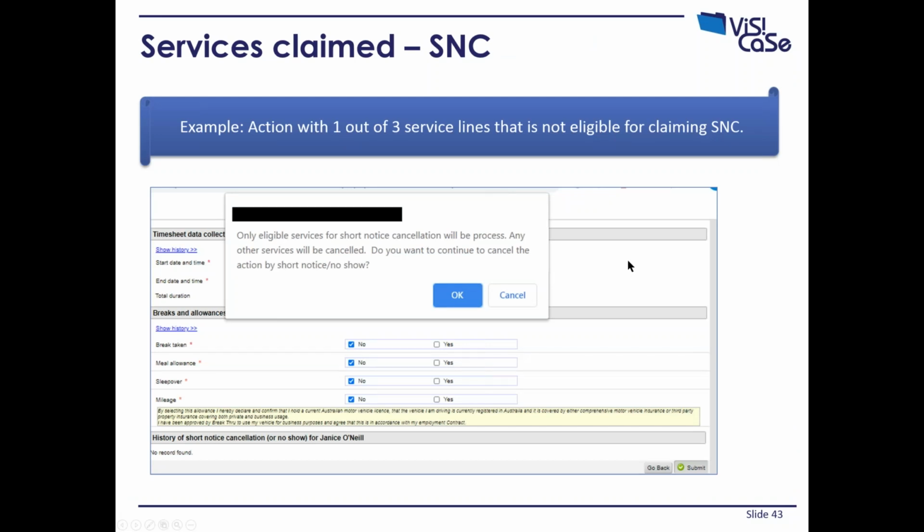Now the short notice cancellation, when the client has cancelled due to any reason,